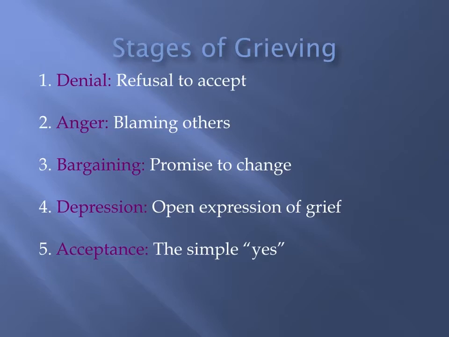And again, it doesn't necessarily need to be in order, but by the time that the person has gotten to line 5, which is acceptance, that's going to be the time where the person has really grasped the situation and has accepted it, basically. But when we're called to a scene of a dead loved one or somebody that has passed away, these family members may be in one of these different stages of grieving. And it's really dependent upon that person how long they take to go through different stages.